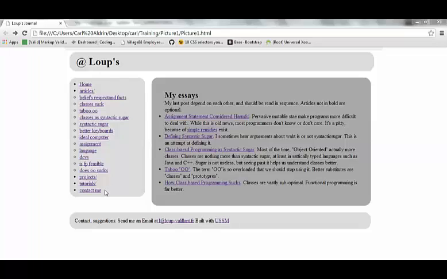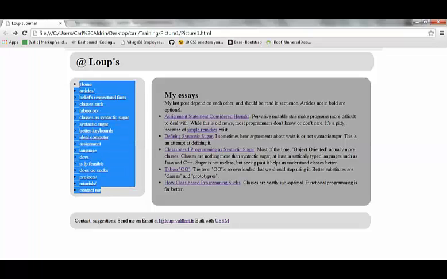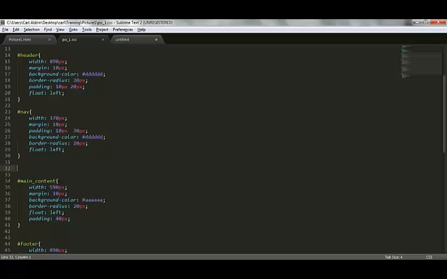So next we would design is this, the navigation. So let's look at our CSS. The codes will be these.